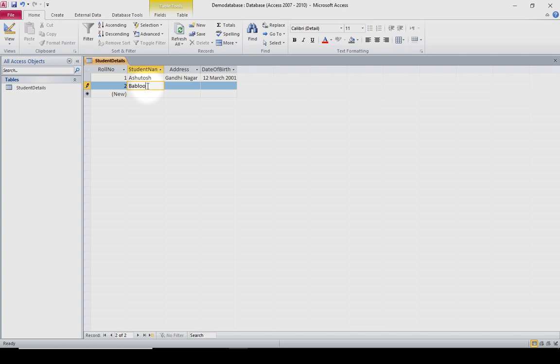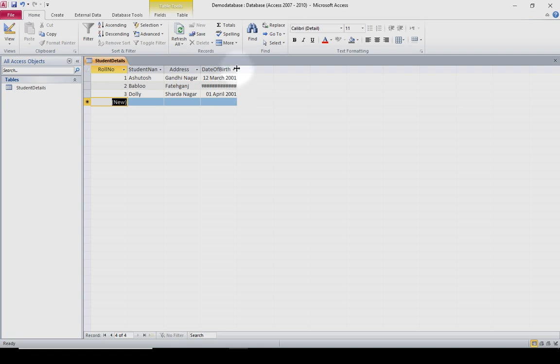As you can see, the roll number is being generated automatically. So let's enter another date. So 14th November 2009. Press enter and we are done. Why do we see this hash symbol here? It is because the content of the cell is wider than the visible width of the column.